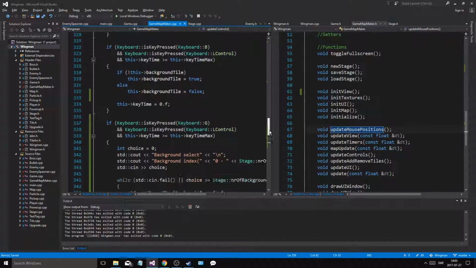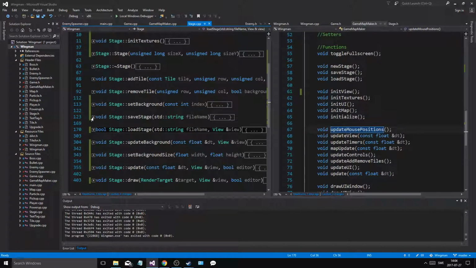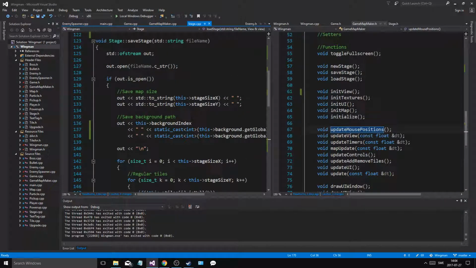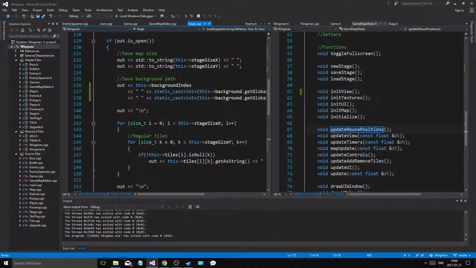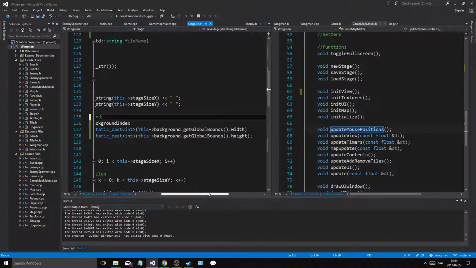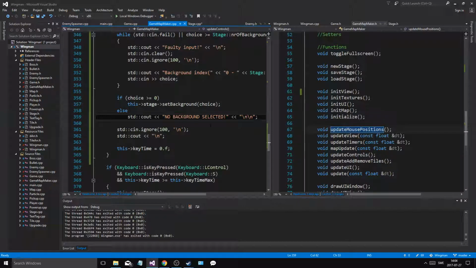What if we run this? Wait, we set the background. We set the background to that. How do I save the stage? Save stage. Okay, this background index. And this background index is 0. Or I set it to 0, so I have to width and height. Oh, we have to fix that as well. But okay, this video is too long. I gotta go. But